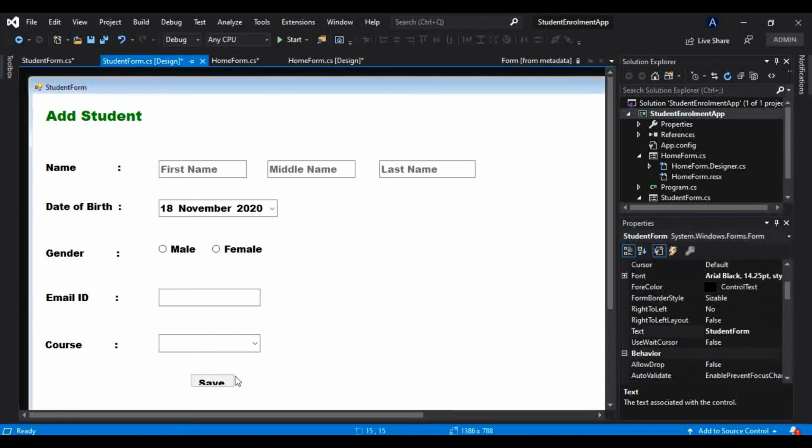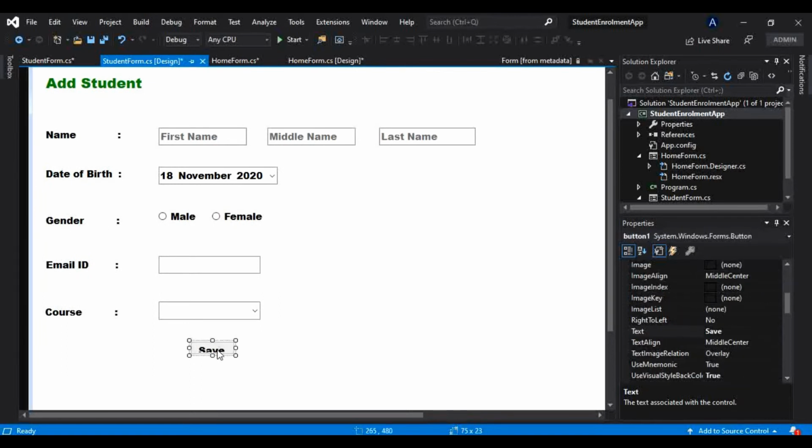So we will be saving that to our database, and I will just increase the size of this button so that you can see that clearly, and I will place that somewhere here maybe.